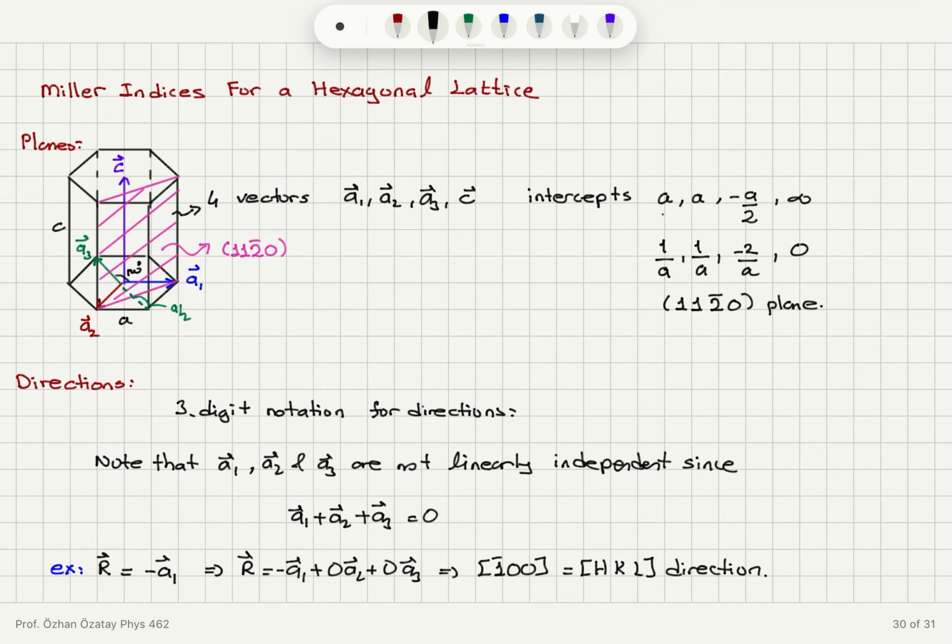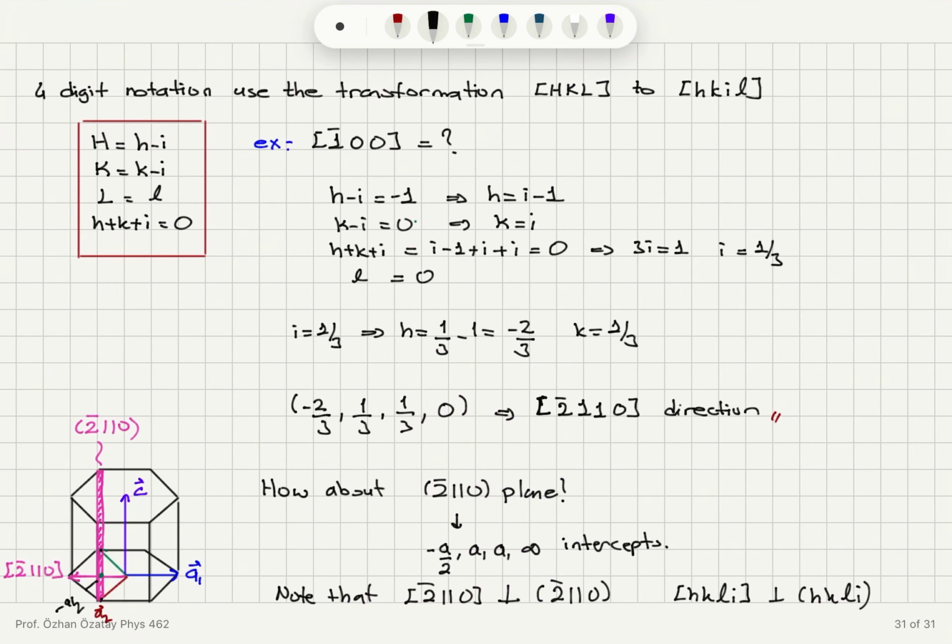And for directions, we can start with the 3-digit notation using a1, a2, a3 vectors, for example, if it's on one plane. And we can see that we can go from a 3-digit to a 4-digit notation with these transformation equations. And we find that if we use this transformation, the direction that we obtain is perpendicular to the plane with the same set of Miller